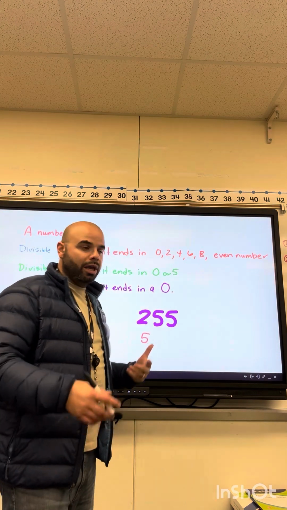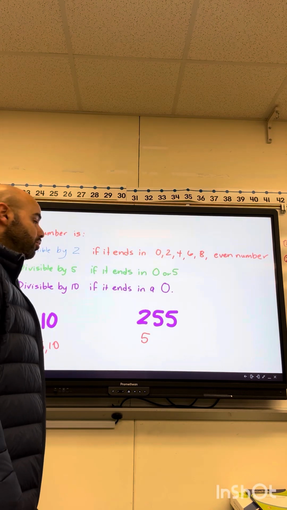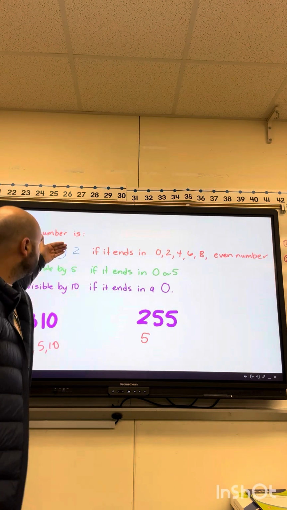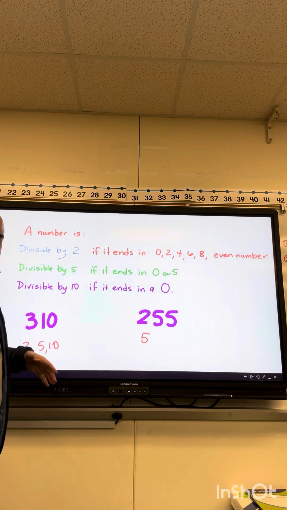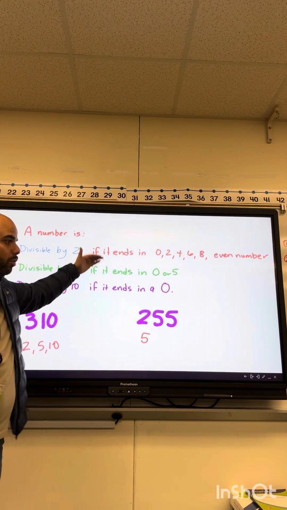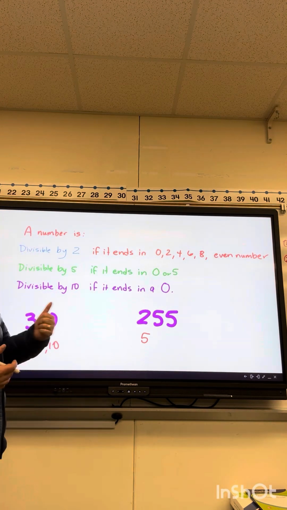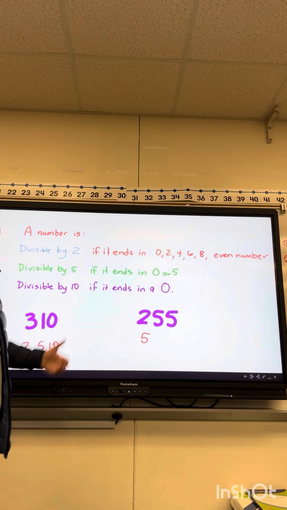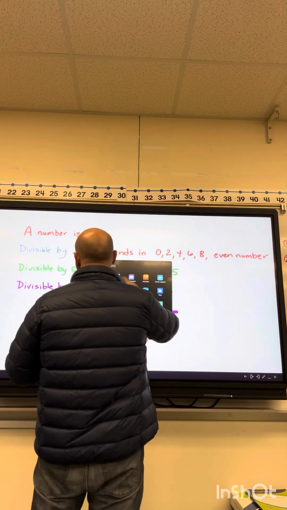Now, again, there are occasions where a number like 310 can be divided by two different numbers. It could be 2, 5, 10, or 2, 5. So depending on the number and depending on the rules, just look at the rules and see, can this number be divided by any of these 3 here? 2, 5, or 10. Then we went on to